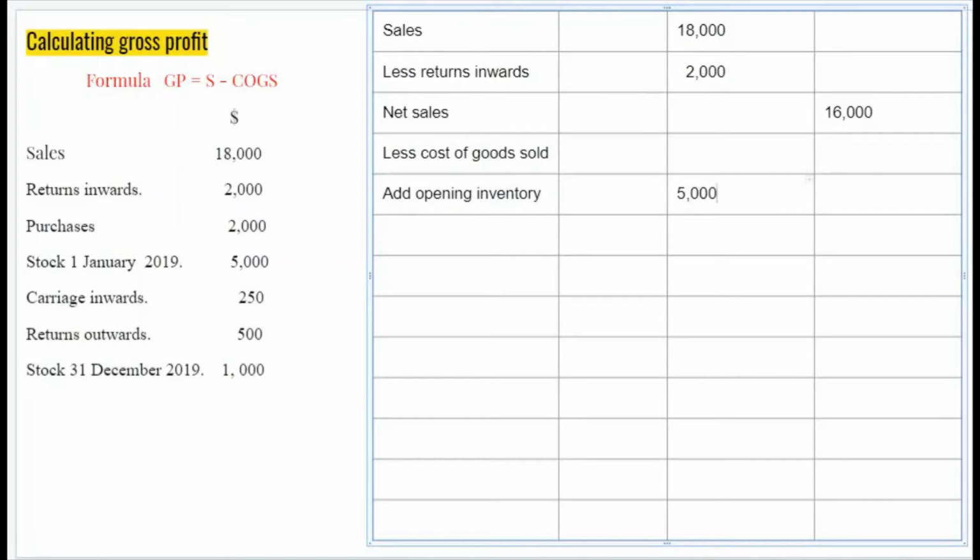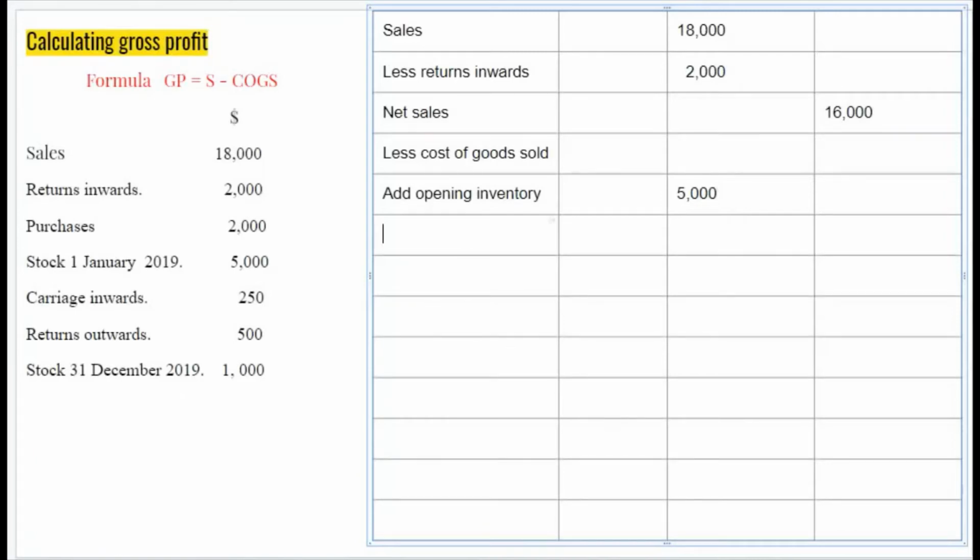Second question we ask ourselves, did we buy any additional stock? If you had bought any additional stock, then clearly you are referring to purchases. All right, so you would add purchases. Now, remember we talked about return inwards previously, that says that this would reduce sales. Now return outwards reduces purchases. If you have return outwards like we do here, we'd use up the first column, because we have to take